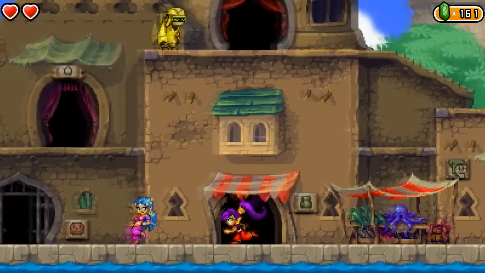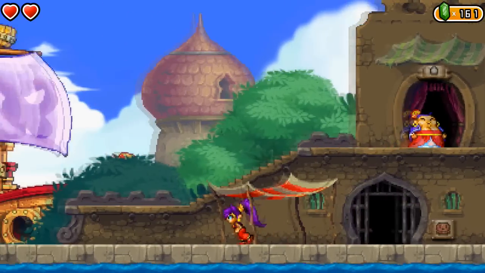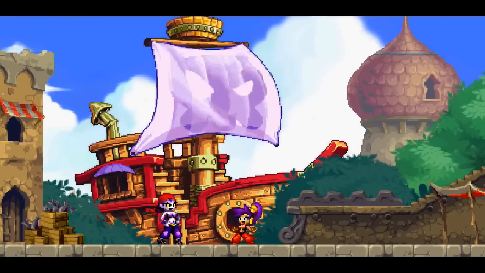Before we did that, we got to get the library card from Sky. And what you want to do, I'm forgetting that you can do this. Right away you want to give the library card back to Sky so you can get 100 gems to help you buy some stuff in the...